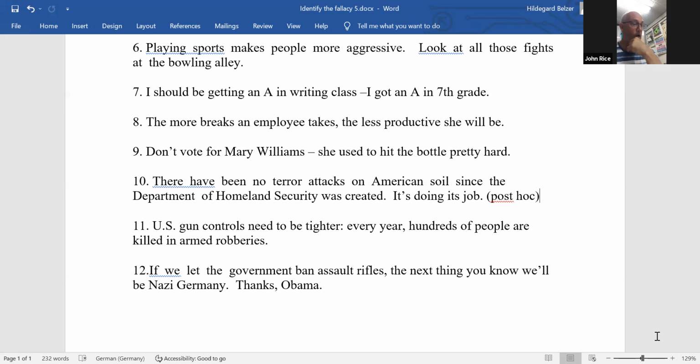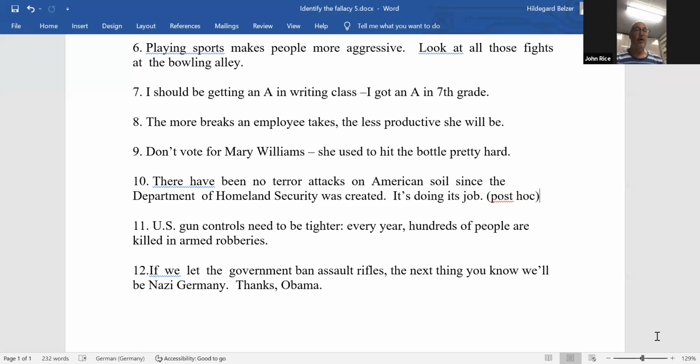I think there is a cum hoc here, or we could look at one of these as a cum hoc. But anyway, we'll leave that floating. Number 10, we've ticked that off, right? That is a post hoc, and the key of all of this, of course, is to understand the concept of it.